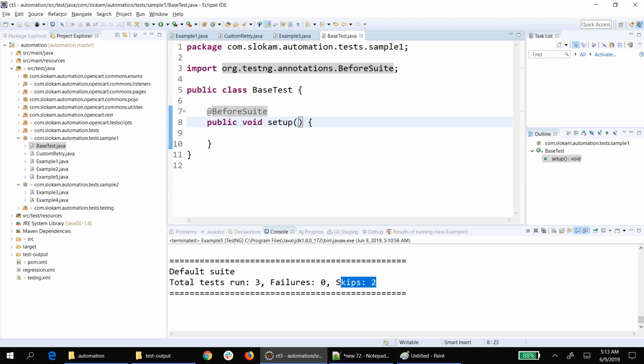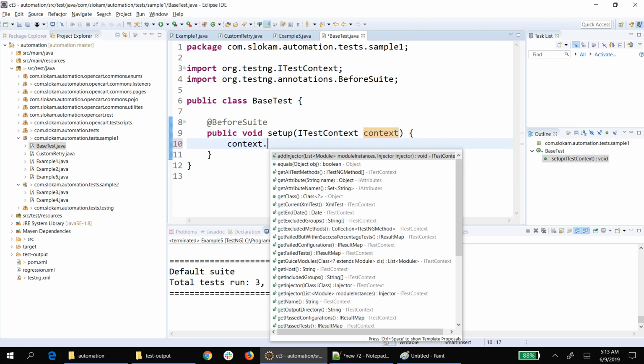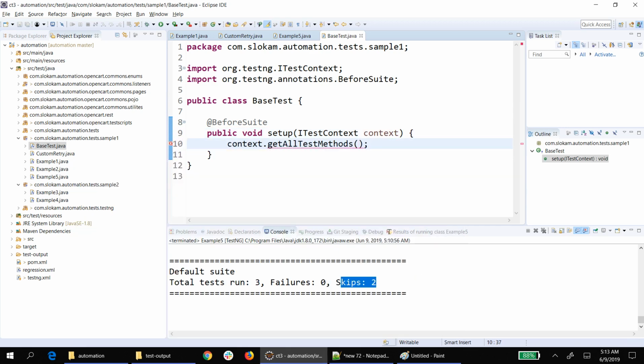There is a concept called auto injection in TestNG, so that these methods can automatically take a few kinds of objects. ITestContext is one of those. This context contains all test methods. So if you call getAllTestMethods, you are going to get an array of ITestNGMethod. So what I do is I'll iterate all these methods